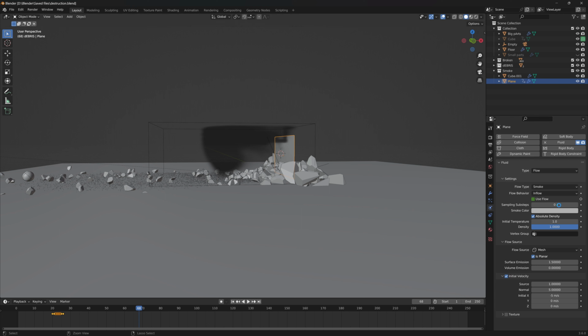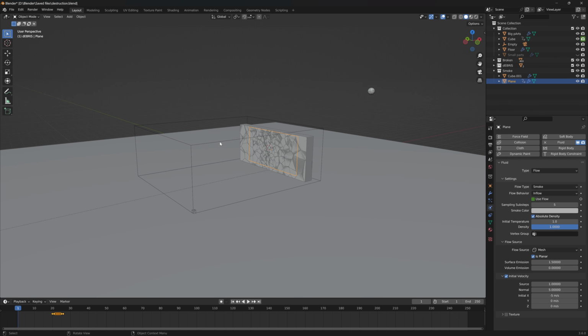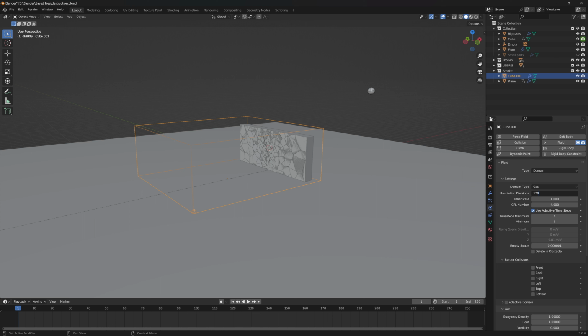And in the domain, if you increase the resolution divisions, it will make your smoke very, very smooth and very good, but it will also make your PC struggle very much. So if you don't want your PC to burn out, don't go beyond 128 and maximum 256. 256 is enough. If you have a strong PC, then you can go to 512, but after 512, that's seriously a hell of a lot. Then we'll bake it,